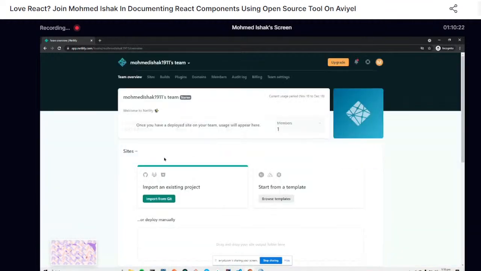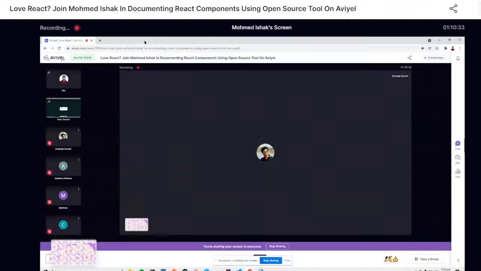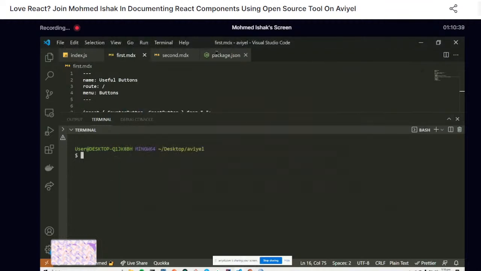Okay, guys, nice. So this is Netlify. It's probably the easiest way to deploy your React or front end website. So you've got this thing. Let's close everything. Now you want to deploy it, right? So what you want to do is that